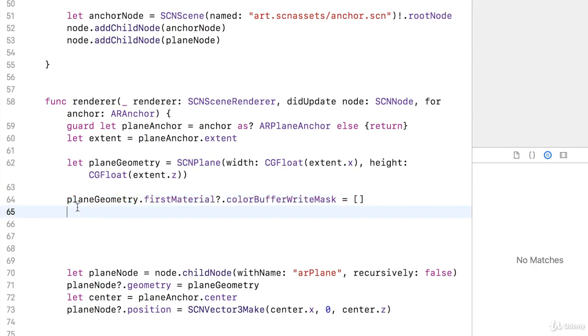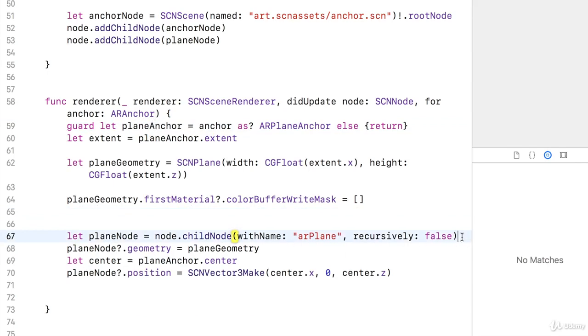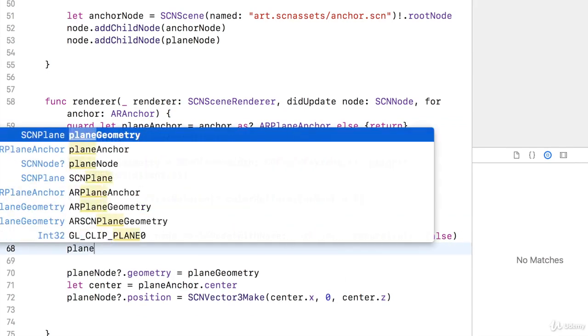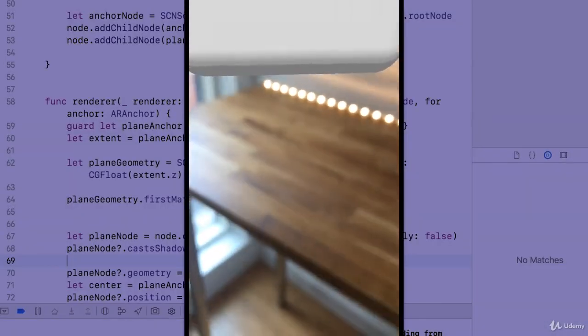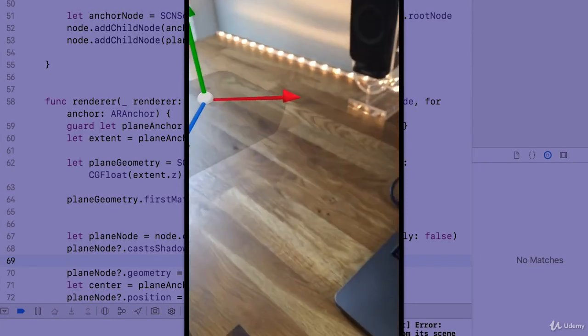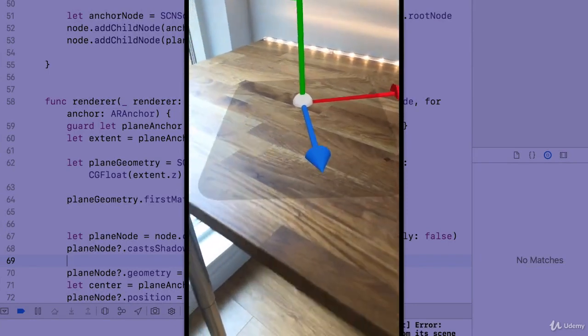Now what we also did is that the node for this geometry did not cast any shadows. So where are we? It's this node here. So let's remove that. And in here, we can say plane node dot cast shadow equals false. And now let's see how this looks. All right, so we have our cube. It's rotating, and if I start to look around, I found my anchor, and you can see now